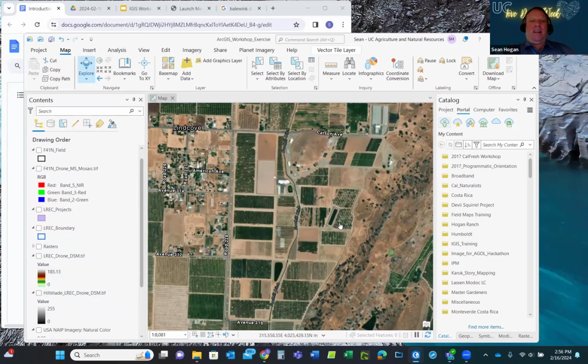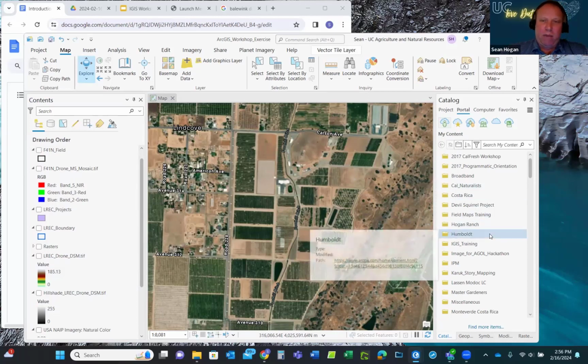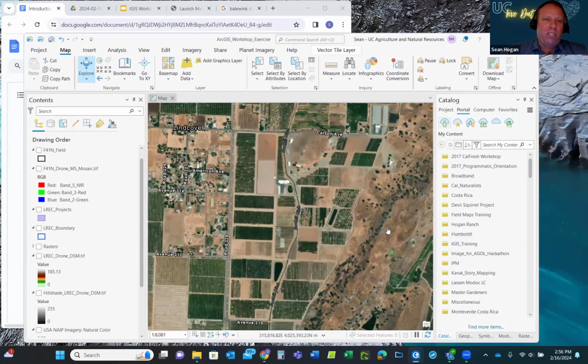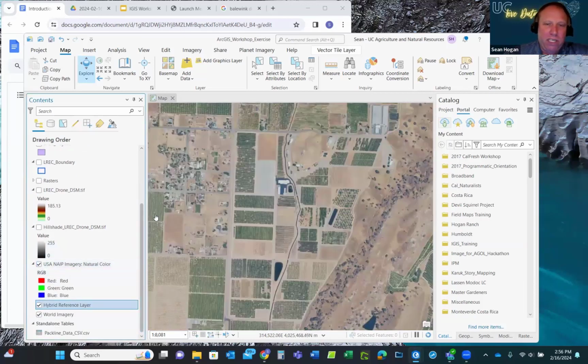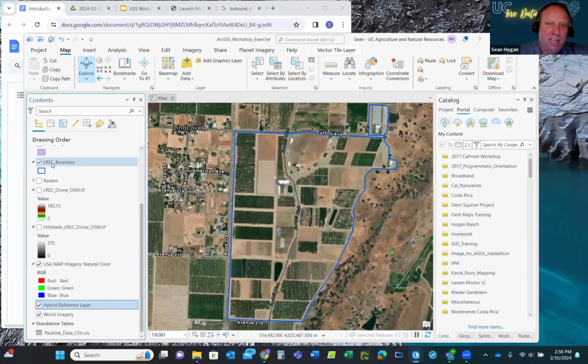One thing about a base layer though is you can't do any kind of analysis on it, but you can off of some raster layers that come in. When a raster or a vector for that matter comes in, they're called services. So there's a layer service. Depending on the rules of that hosted feature or raster online, the service it provides allows you to do some things on it, but not others. In the case of NAIP imagery, though, which is neat, if I turn on the LRIC boundary,